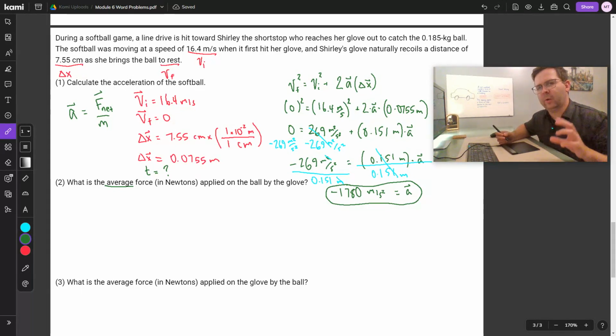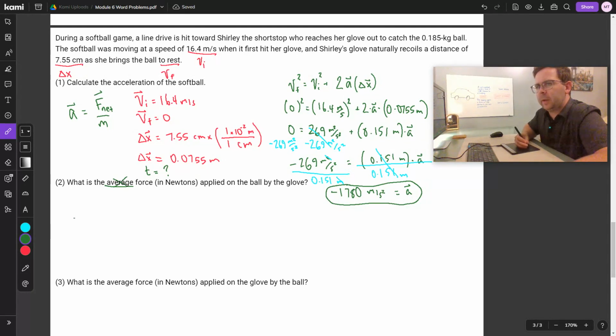It might vary a little bit throughout the slowing down process, but we're going to call it the average force, and basically that's just to be technically correct, saying that the force may change a little bit, but overall, what's the average force? We can essentially ignore this word because we're just looking for the force being applied to the